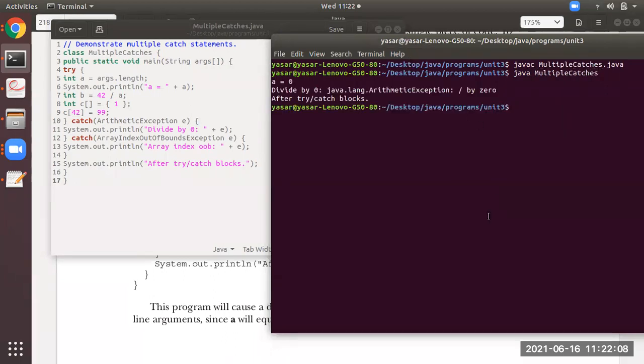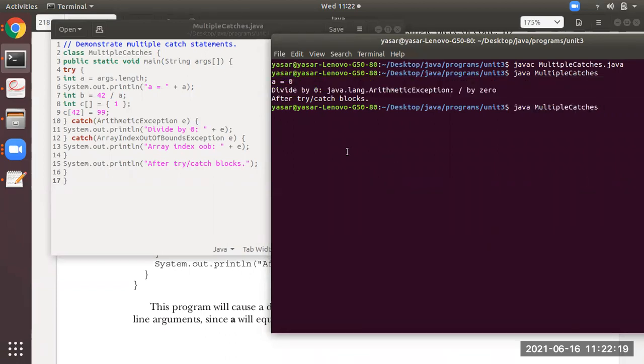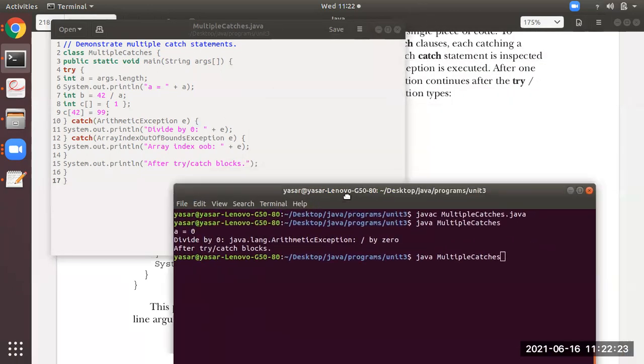See, at this point of time, a value is 0, and you observe here what error it is: divided by 0. Now during the runtime, I am going to give some input.